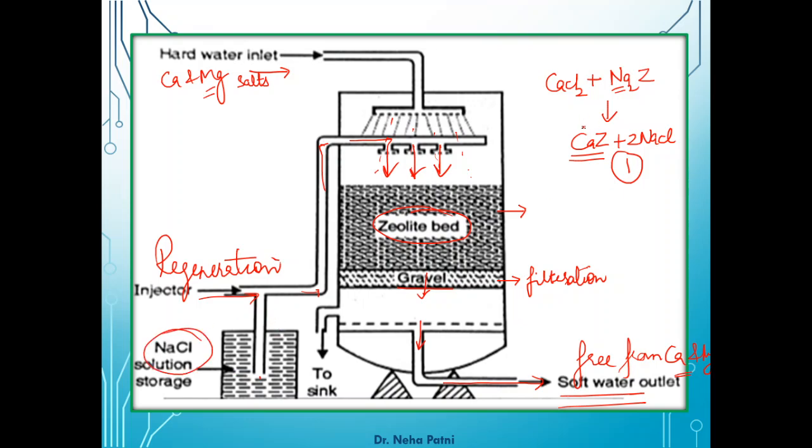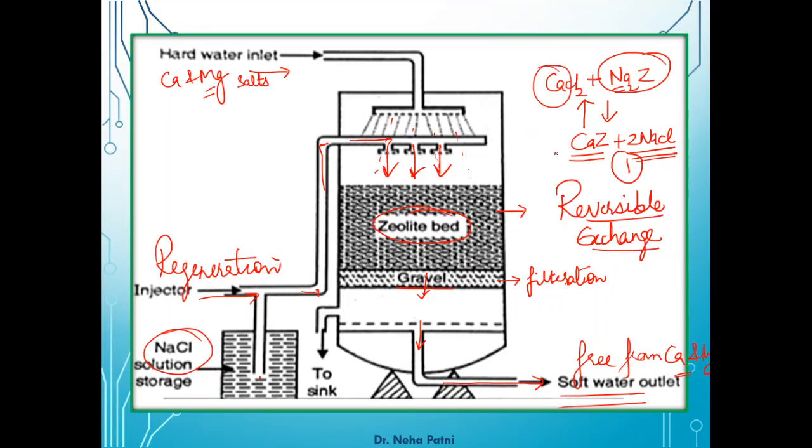So when the reaction gets reversed, I hope you understand, this NaCl plus calcium Z reverses, and you will be able to regenerate your zeolite back. That is why I said in the principle, if you remember, it is reversible exchange of sodium ions with hardness producing ions. So that is how it is reversible. Now comes the turn of backward direction regeneration. When you spray your NaCl, this sink portion will be used for discarding the washing. So this is a separate area, and this area is used to take your soft water.